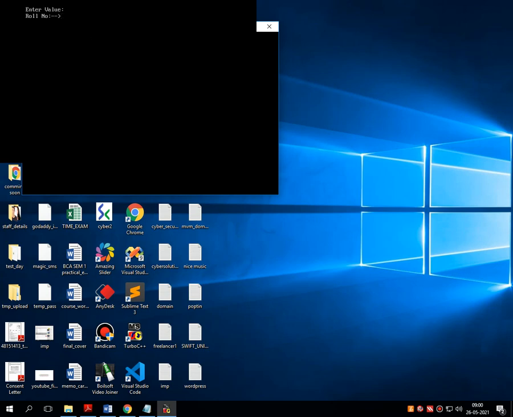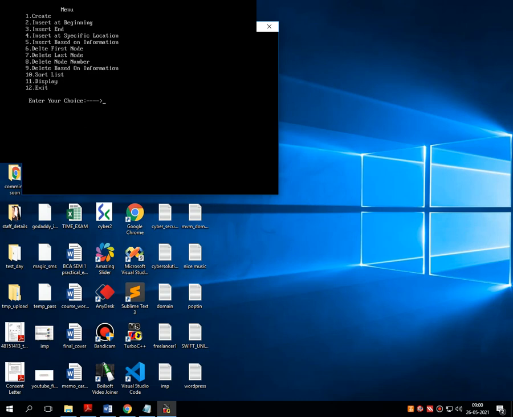Suppose I am creating the fifth node with some name, MVM. So the first node is Gaurav, the last node is MVM. Over here, once you press enter, at want to enter more, just press N from the keyboard. The menu will be displayed.